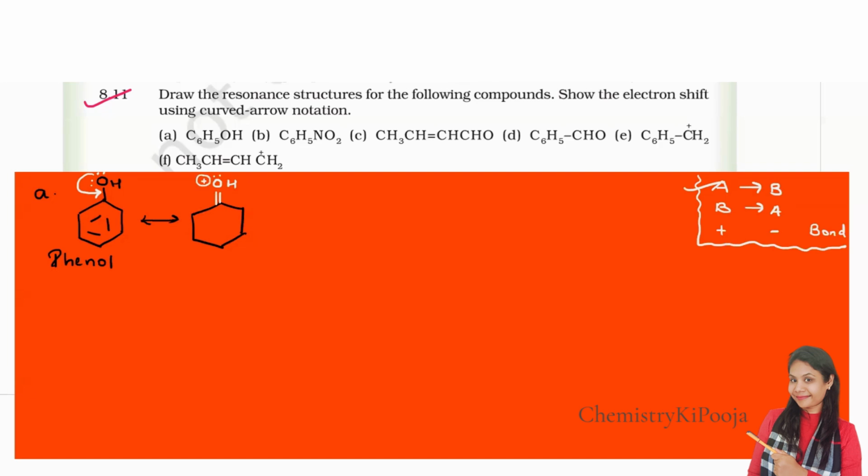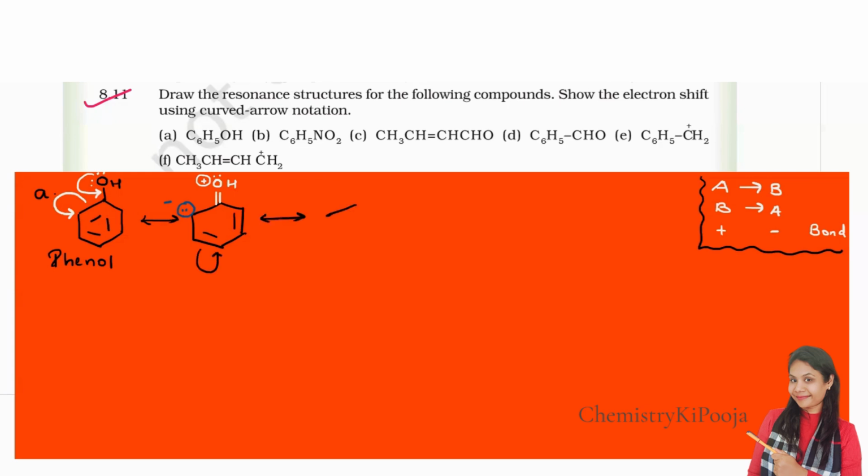And then immediately the next bond should also shift, because the valency of carbon should be satisfied. So from where is the bond shifting? From bond to adjacent atom. Understood what the trick is and how to use it? So we have shifted bond to adjacent atom. I simply put here 2 dots, that is a lone pair, and a negative charge. And this double bond will remain as it is. Clear?